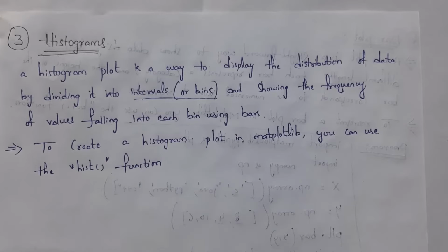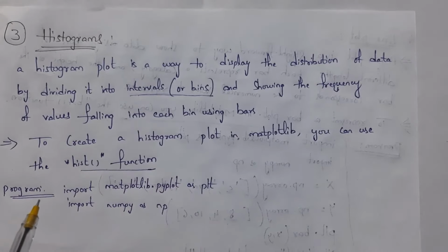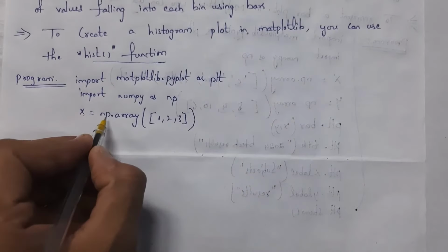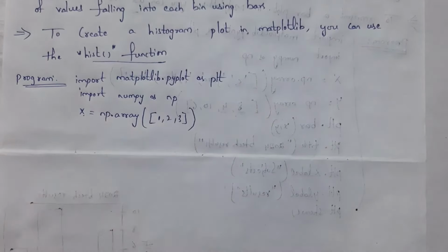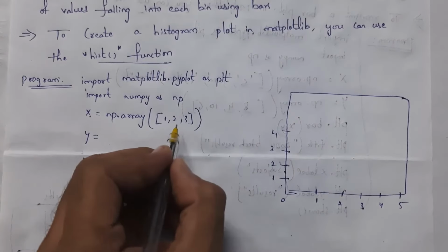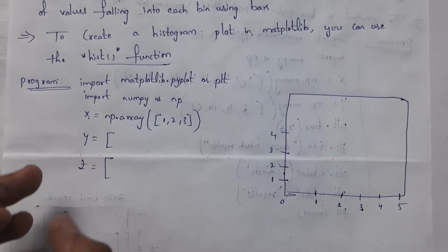Guys, in order to draw histogram plots, you need to use hist function. So at first you need to import Matplotlib module and NumPy module. So write import matplotlib dot pyplot as plt and next write import numpy as np. Next I want to create 3 bars. So I am taking x equal to np dot array of 1 to 3. Next I am taking 2 variables y and z. Total I want to create 3 bars where y will show width of each bar and z will show height